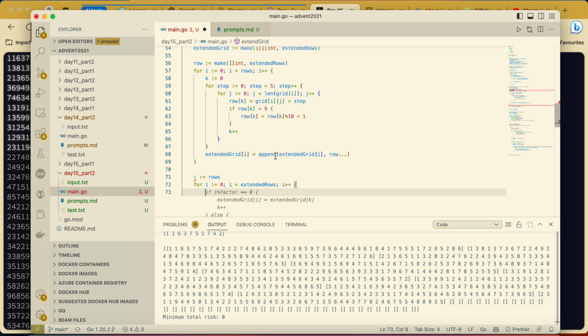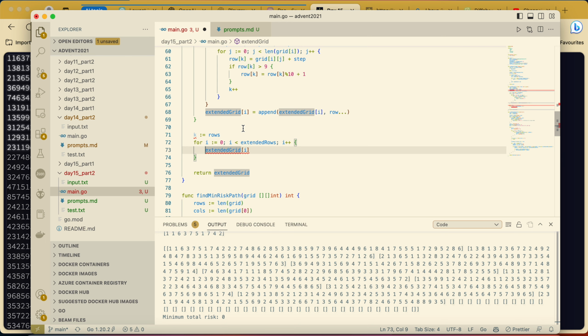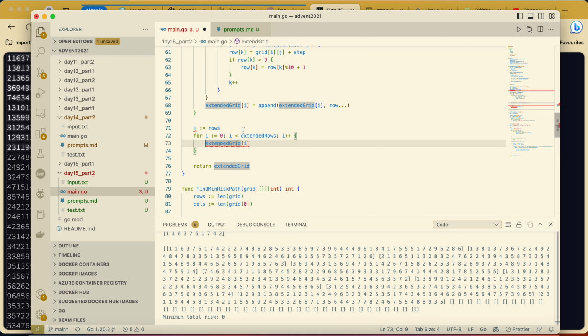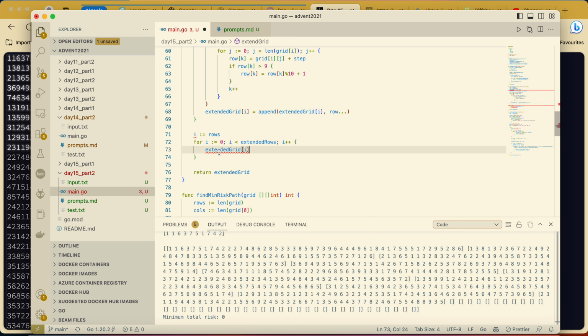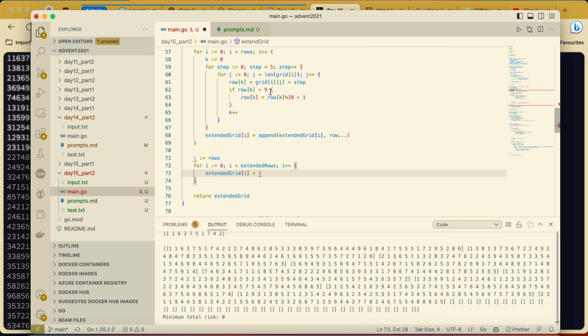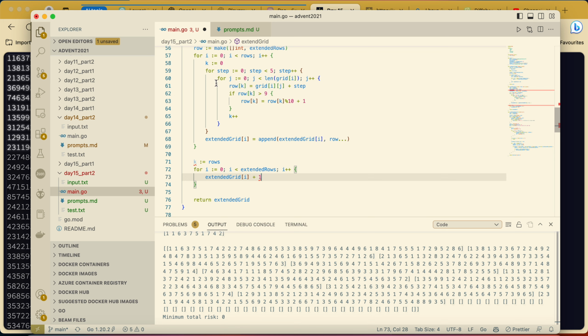There's, so to say, the extended element, and I will want for this element to actually place each of them in this